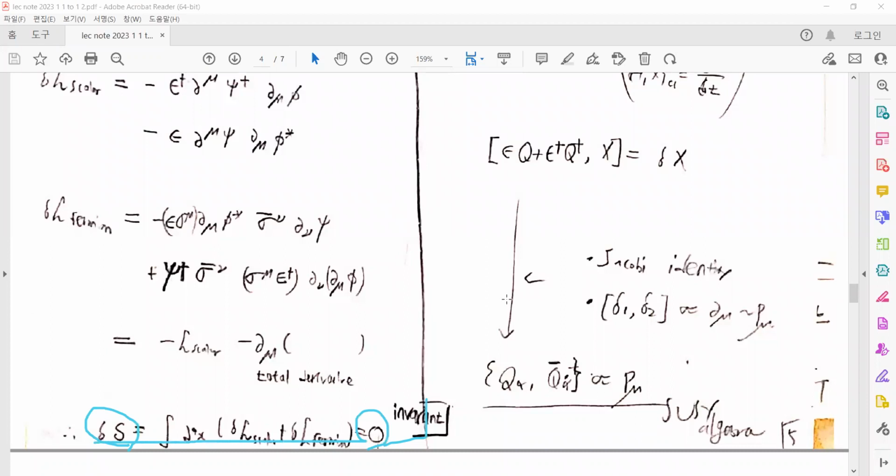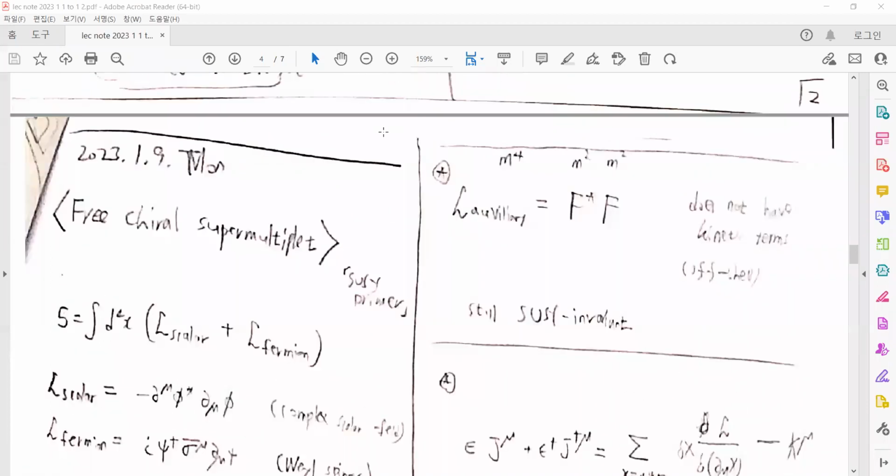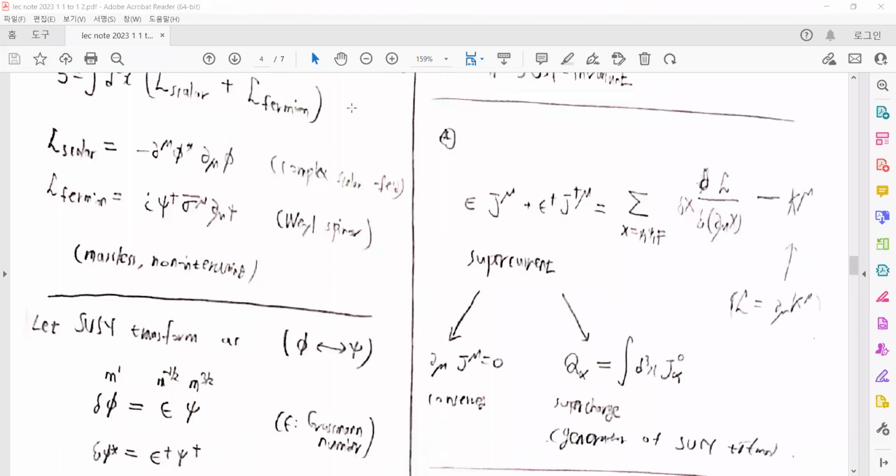Also, we can analyze the auxiliary field F, which has a mass dimension of 2. If we add such terms, the Lagrangian under supersymmetry is still invariant. F will also transform, but F does not have a kinetic term. So by the equation of motion, we can remove such an auxiliary field. That is a virtual particle. And because there is some symmetry,